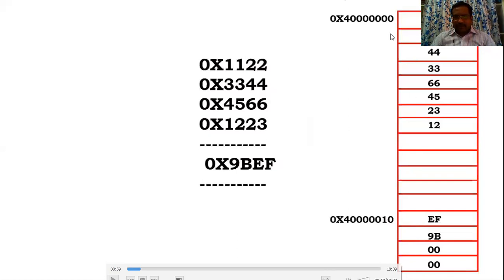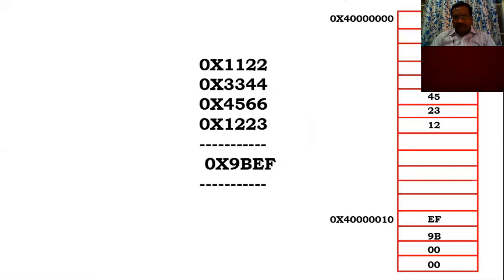So here if you see, 3366 next. So like this it will be saved in the address locations.